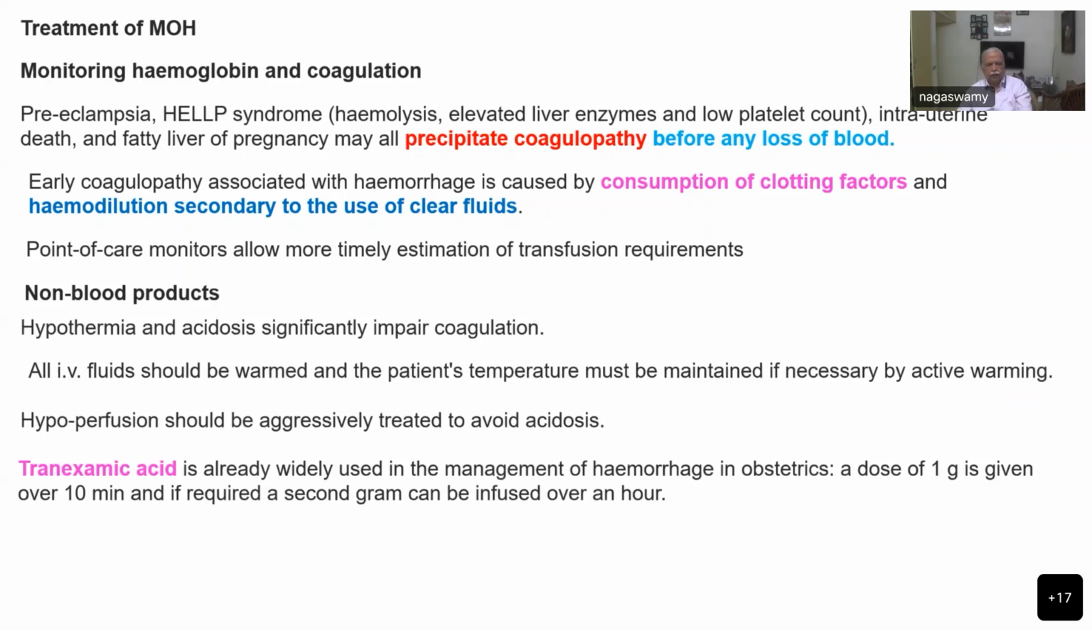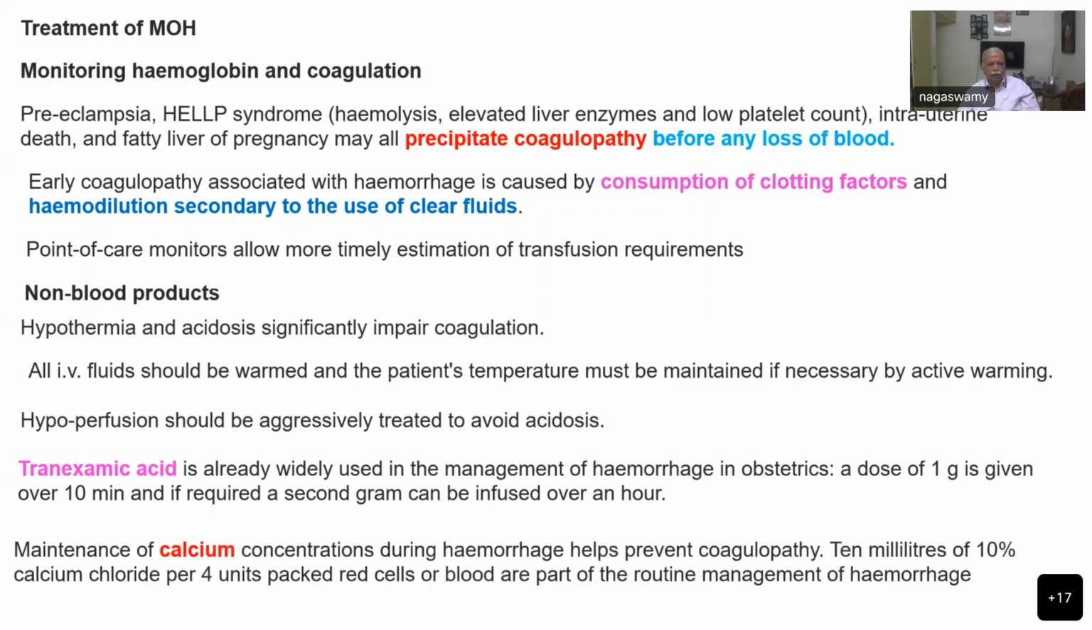Tranexamic acid is widely used in the management of hemorrhage in obstetrics, in a dose of 1 gram. Supposing the bleeding is continuing, you have given oxytocin, you have given other uterotonics, give tranexamic acid 1 gram over 10 minutes, and you can repeat it after half an hour. So there is no harm. Again, after half an hour, you can give one more. And in many cases, this seems to have worked very well. And maintenance of calcium concentration during hemorrhage helps prevent coagulopathy. So 10 milliliters of 10% calcium chloride for every 4 units of packed red cells given should be